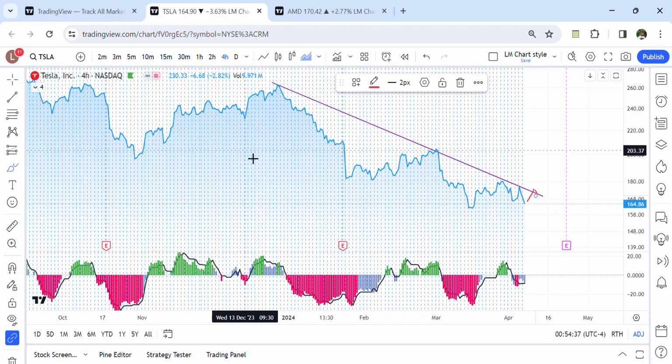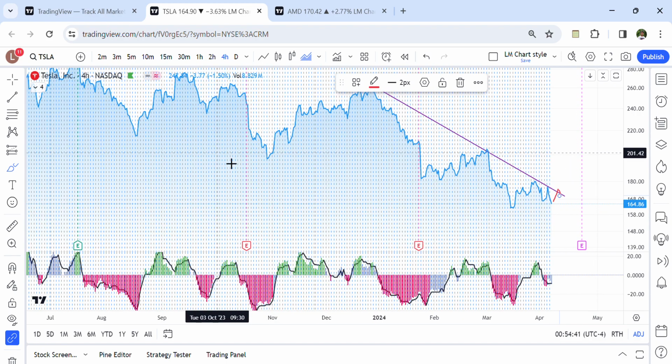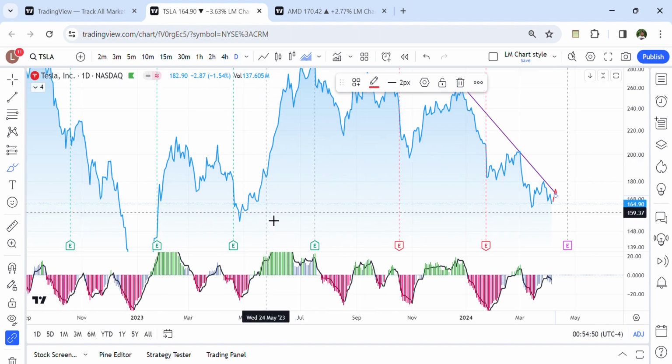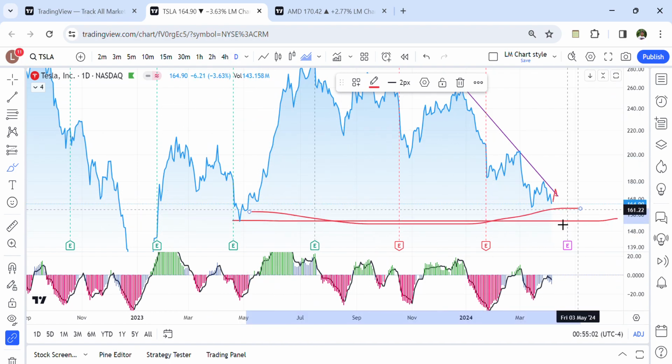Now on the other side, currently Tesla is trading quite cheap, and soon it may be able to break this trend line and might be able to trade in an upward direction quite soon. Okay, if we talk about day candles, so this is a good support here. These are day candles. This is a good support. Now this is your,